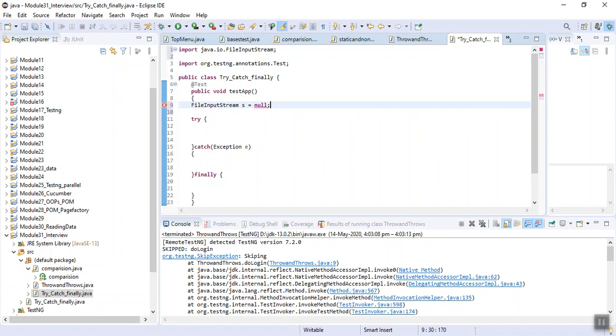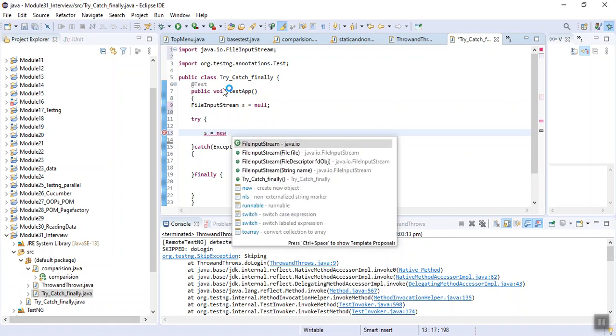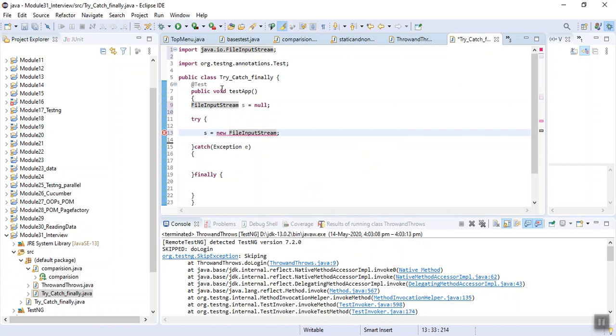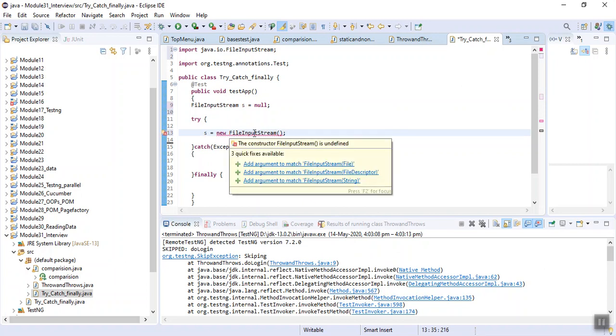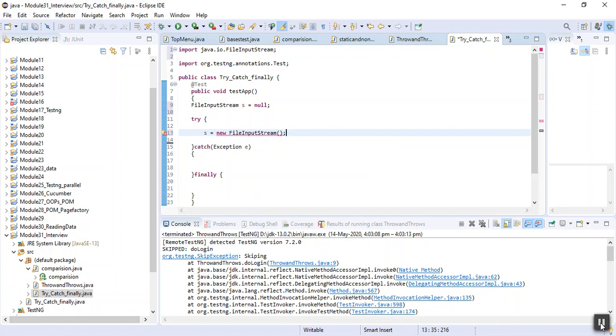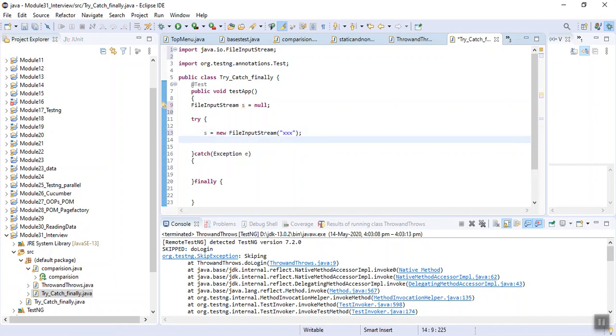After that I initialize it with new FileInputStream. We need to provide a file path here. You can provide any file path. And it is mandatory that at the end we should close this file.